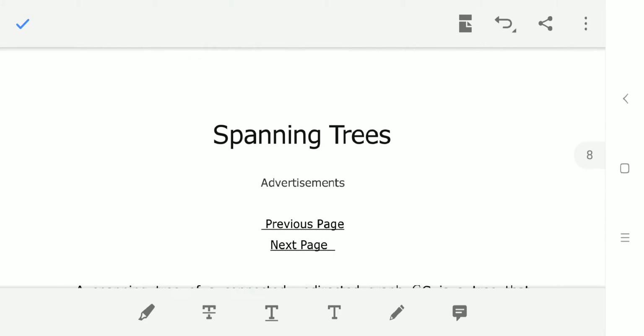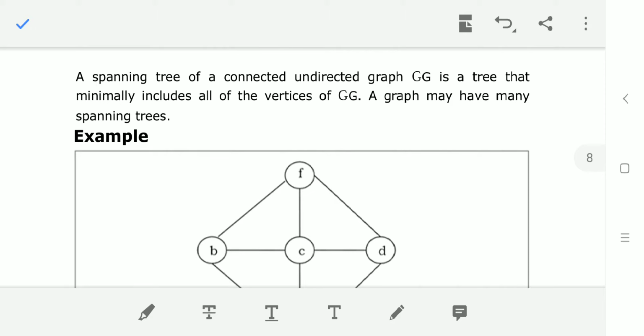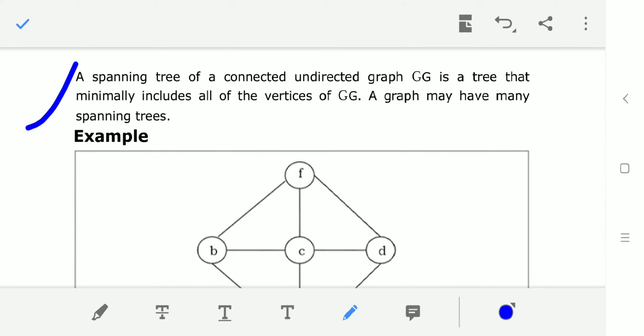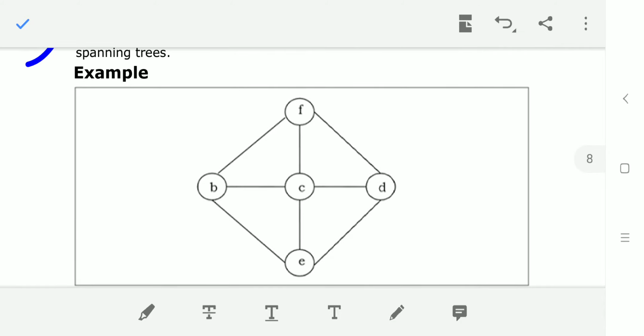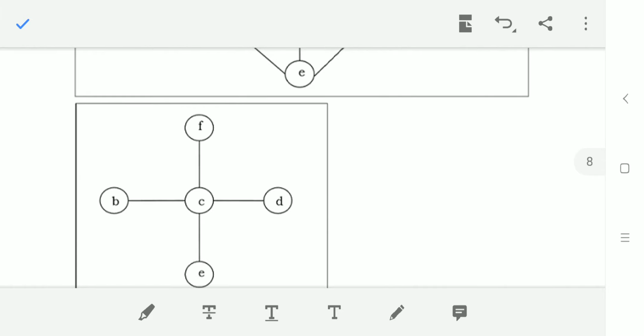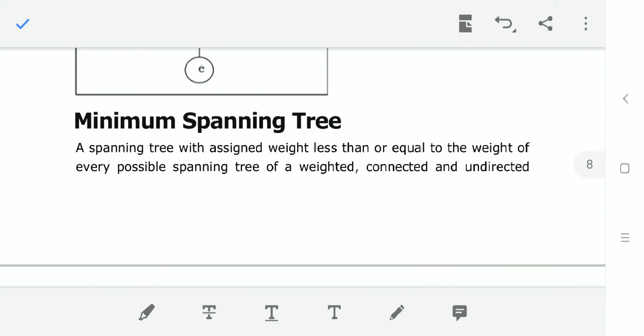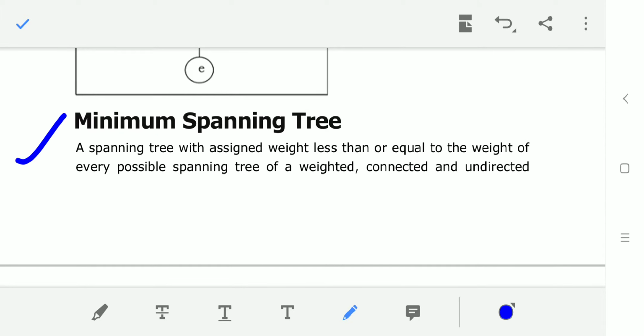And our next topic is spanning tree. A spanning tree of a connected and undirected graph G is a tree that minimally includes all the vertices of G. A graph may have many spanning trees, like in this way. And in this, a minimum spanning tree,